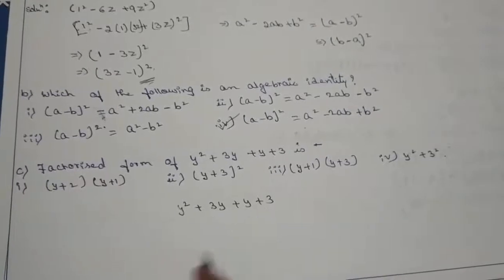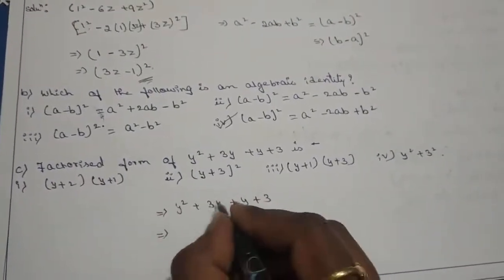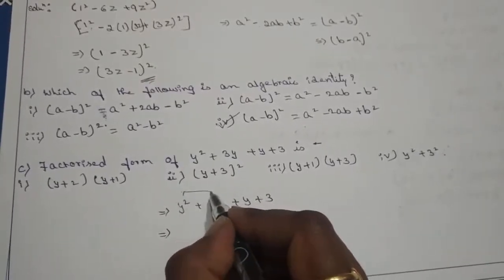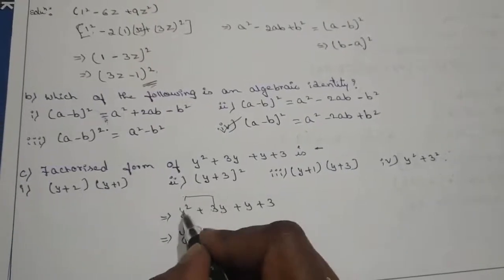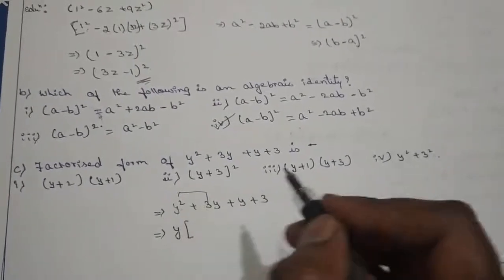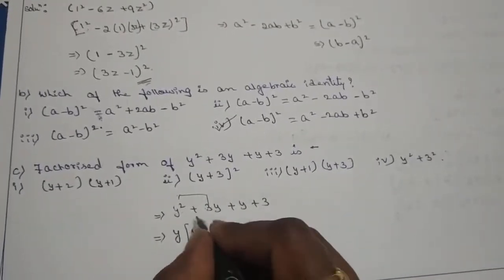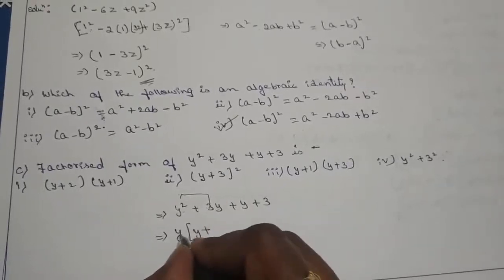There are 4 terms. So when we have 4 terms, almost we'll go with the common. What is common in between these 2 terms? Yes, y is common. If I take y common, here y square is nothing but y into y. One y is taken outside, the other y is left inside, plus the y is taken outside,